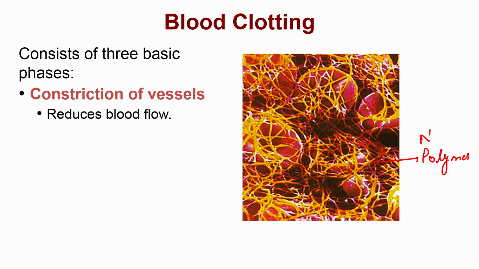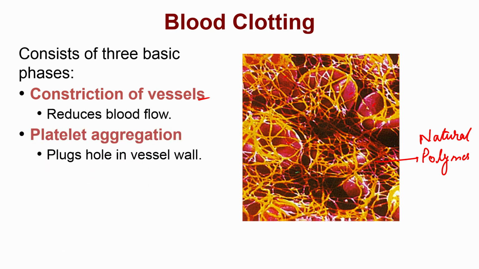This is of course a natural polymer, and these RBCs have got entrapped. You can see a nice mesh network which can then prevent any more blood from leaking out of the system. So, blood clotting essentially consists of three basic phases. One is the constriction of vessels, so that reduces the blood flow in that area. The next is the platelets find a new surface and get aggregated on that area. So, that plugs the hole in the vessel wall fairly rapidly,